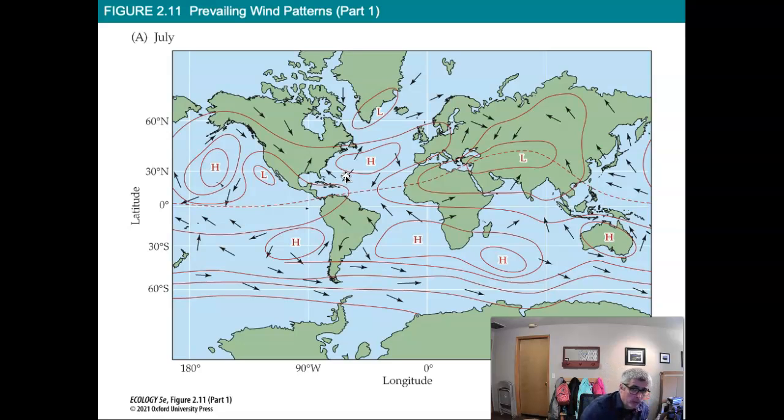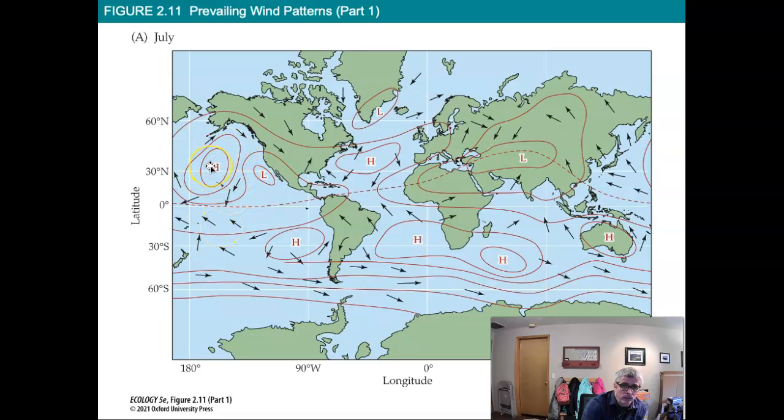So let's look at this one off the west coast of the US. We have a high pressure system out here and a low pressure system off California, Baja. High pressure, low pressure. Wind or atmospheric air moves the same way water would. If you have a high spot and a low spot, and you pour a bunch of water on the high spot, it's going to move towards the low spot. So the air is going to want to move from the high spot to the low spot. So it's going to go from here to here. But our arrow is pushing south.